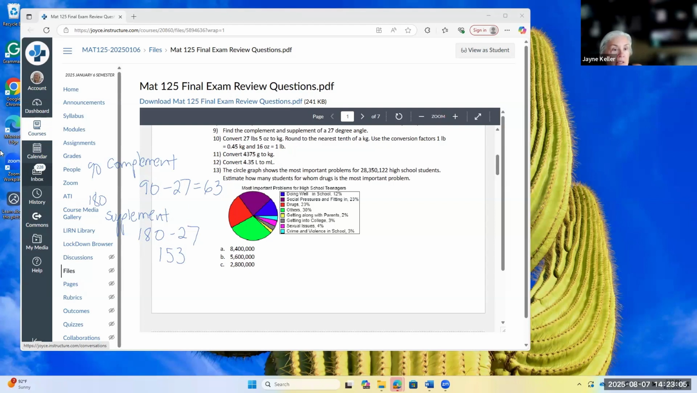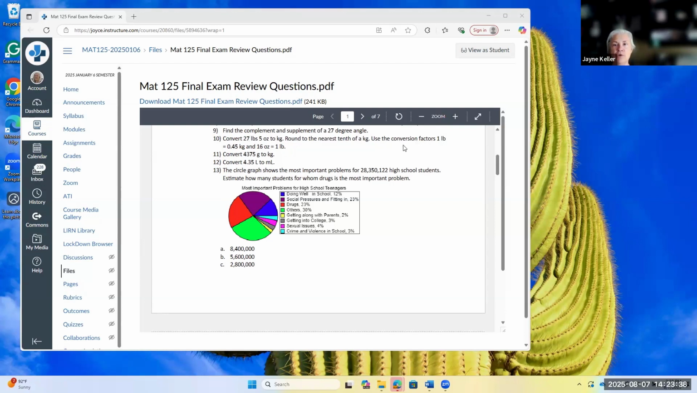Okay. Let's clear those out. And then converting. Well, there's a fun one. So converting 27 pounds, 5 ounces to kilograms. And then we want to round to the nearest 1/10 of a kilogram. And now you get to have that sheet of conversion factors, but sometimes they'll also give it to you. But the first thing that I need to do here is I need to convert everything to pounds,